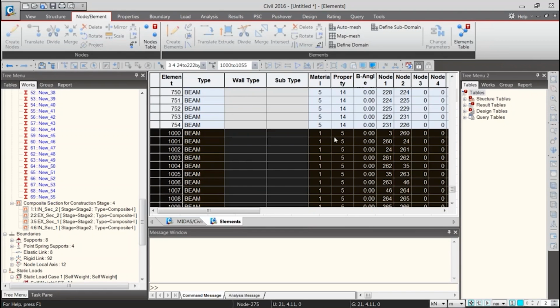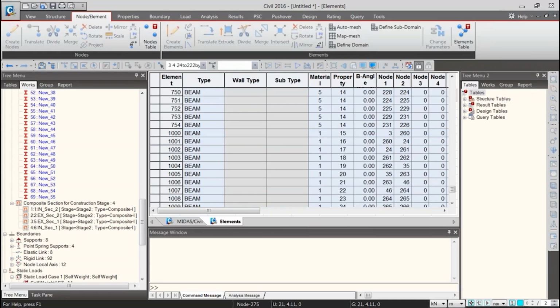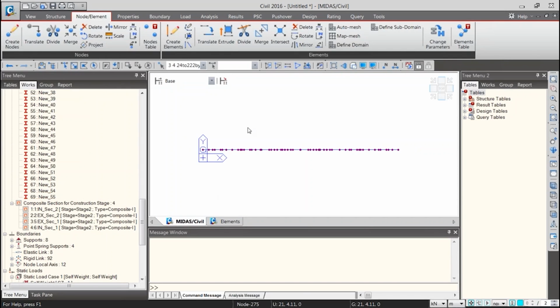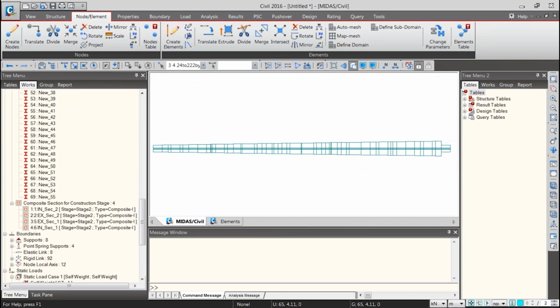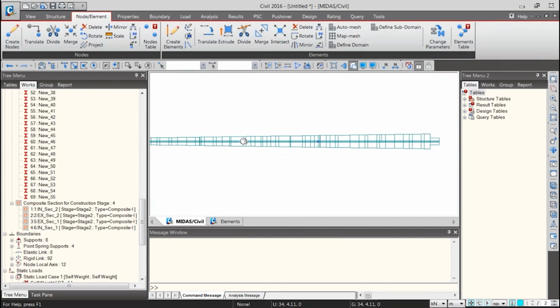Go back to the element option. Just click on the property and paste it. The moment you paste it, you'll find all these things have been turned black. So it has been assigned. Now if you go to the solid view, you will find that this has undergone the tapering. The last element I somehow missed, that's why it is not showing, but you get the gist of it.